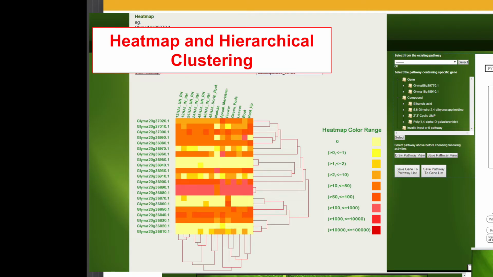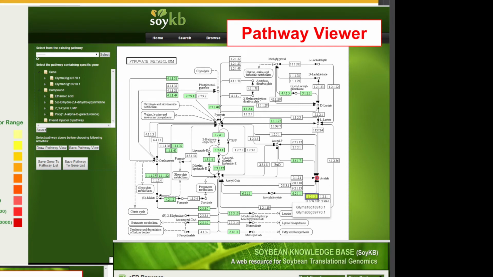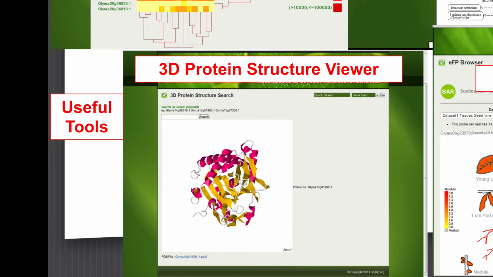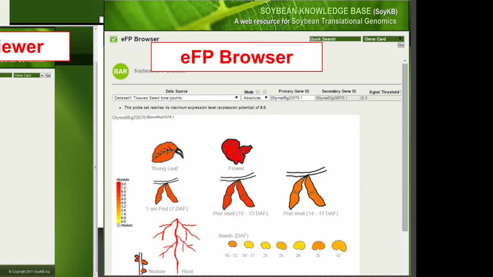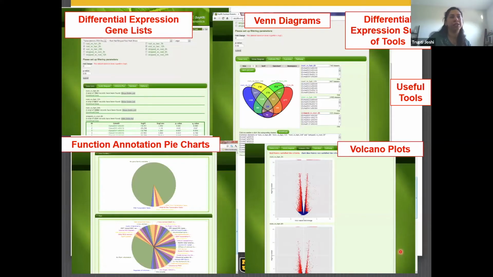Something that looks like a heat map and a clustering. You might be looking at gene expression or protein expression data sets over here and pulling for a subset from different conditions. You can pretty much look at that same information on the pathway viewer, where you might throw in proteomics, transcriptome, or metabolome and look at which parts of the pathway might get highlighted. If you're interested in looking at protein structures, it has a visualization tool for it. Or if you want to look at how your gene expression changes in the different tissues that you're looking at in a particular system or a particular condition, you can essentially use tools like the eFP browser, which put that data in terms of pictographical representation.